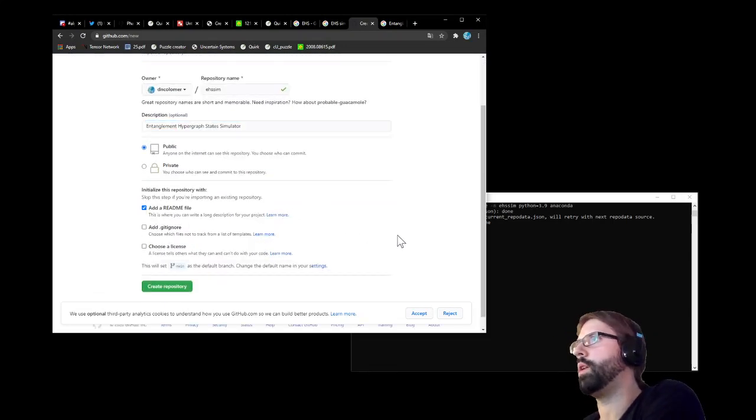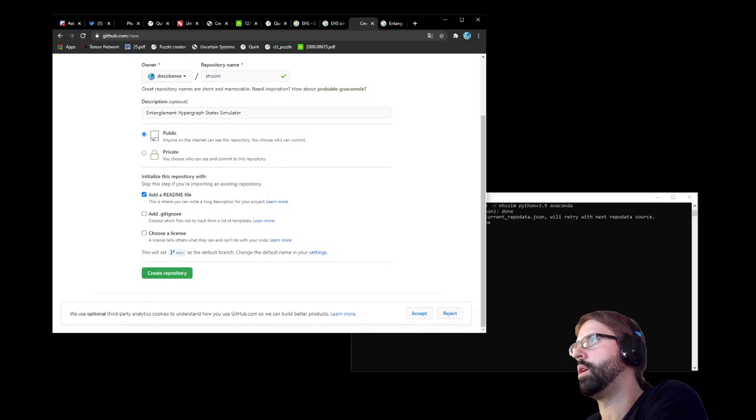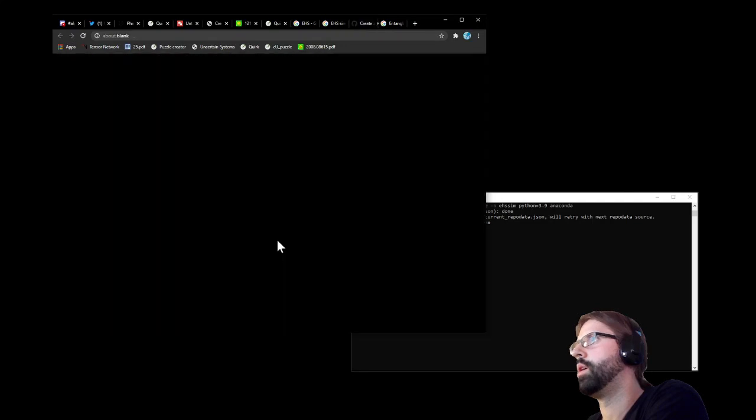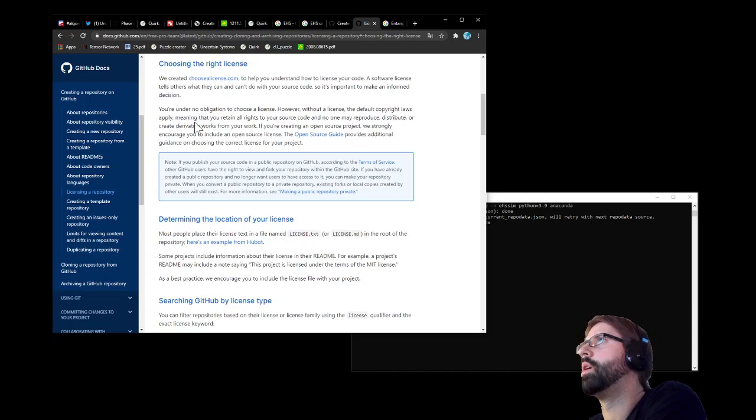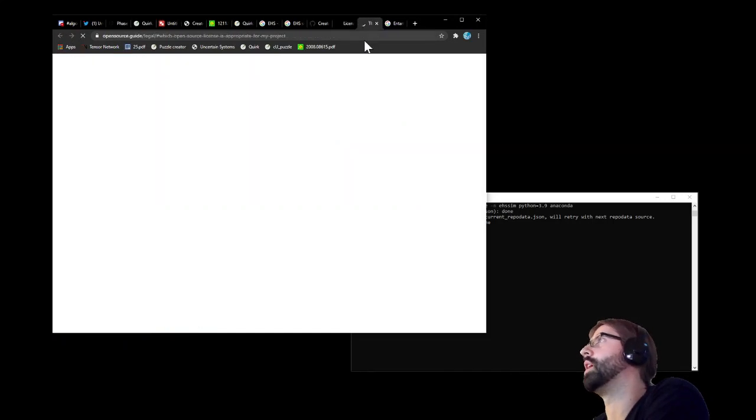Add a README file, and yeah, I've never done this before. What license should I pick? The default copyright laws apply. If you create an open source project, I don't really want this to be open source. We strongly encourage you to include an open source license. The open source guide provides additional guidance. Yeah, maybe this is just a prototype, so